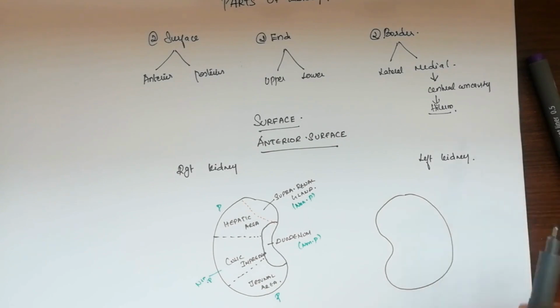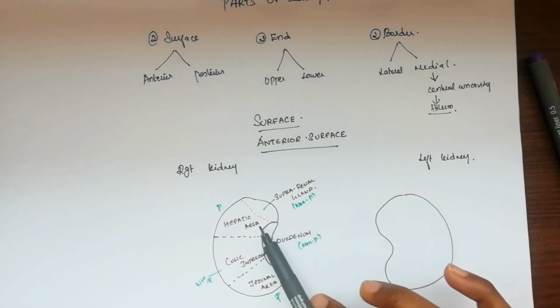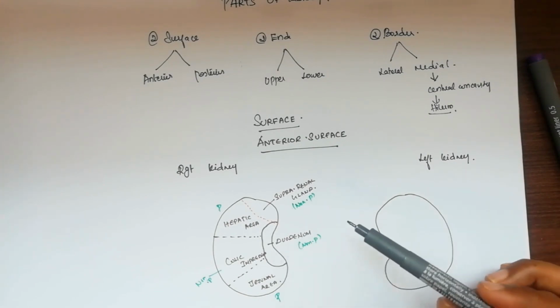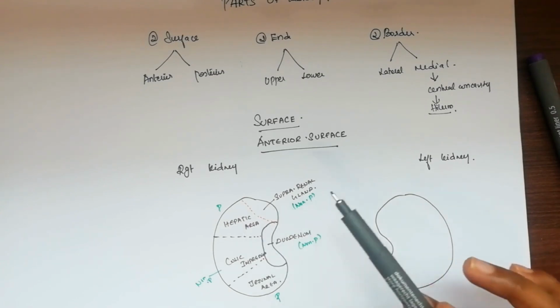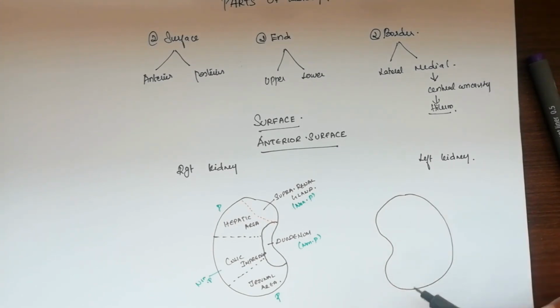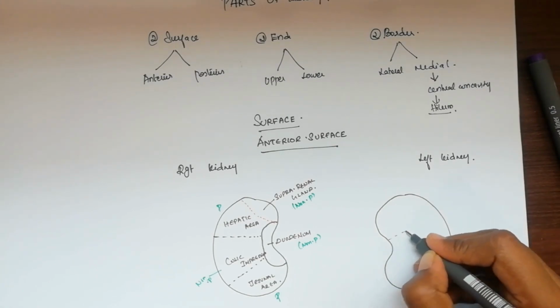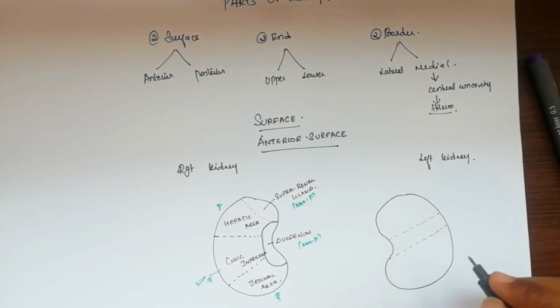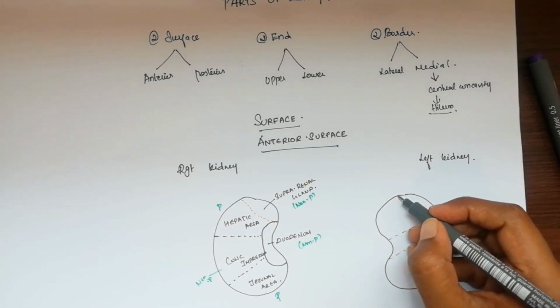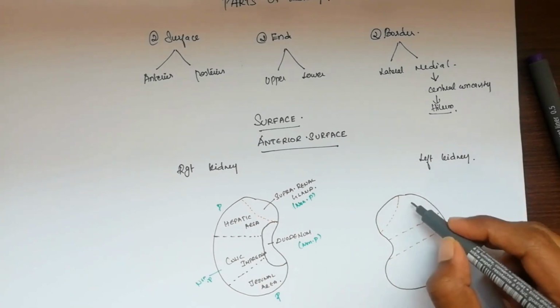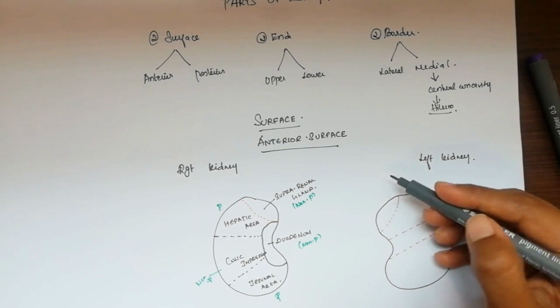Now we will move on to the left kidney, which differs in structures because on the anterior surface of both we have different organs, such as the duodenum, which is not paired. All these are not paired structures, so we have different relations on the anterior surface of the left kidney also. In the middle part of the left kidney, we have the body of the pancreas passing. In the upper part, as we said for the right kidney, in the same way we have the suprarenal gland related, and in the lateral aspect we have the spleen related.